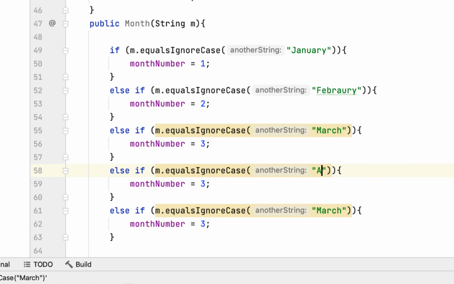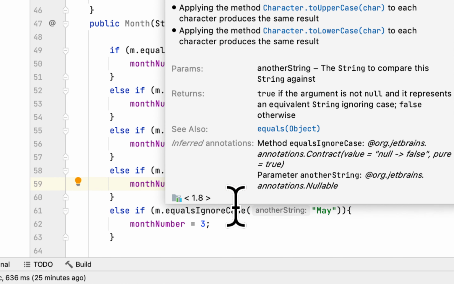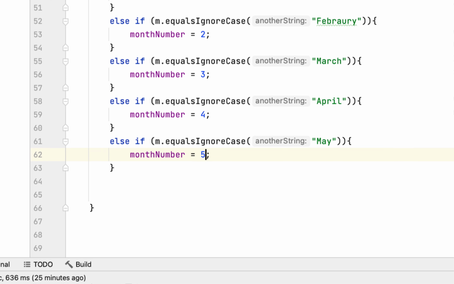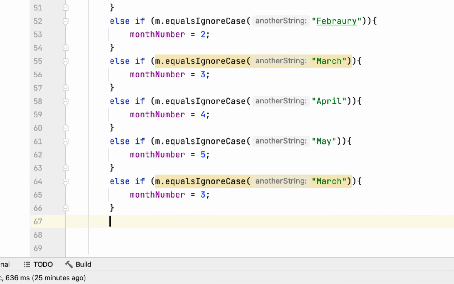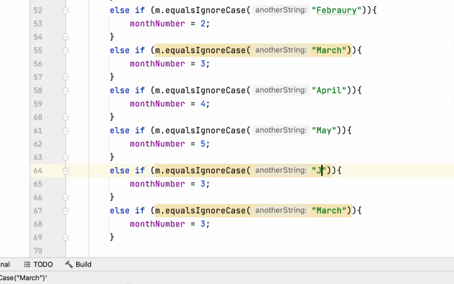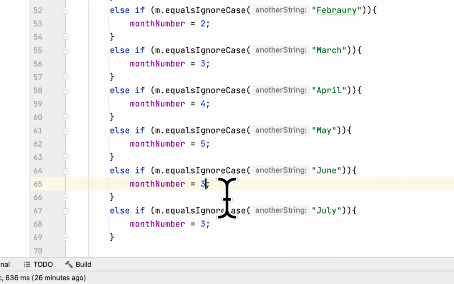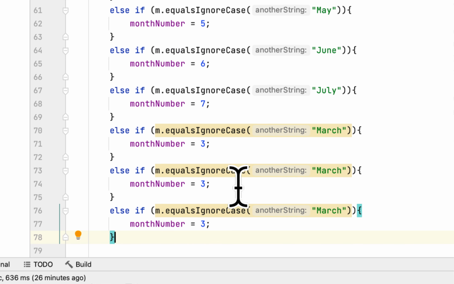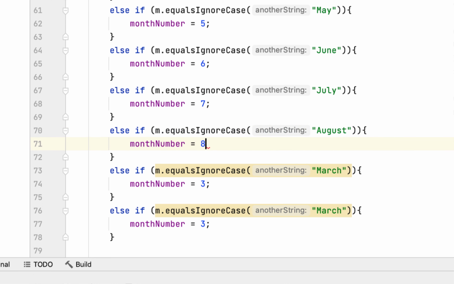So March, April, May. So here would be 4. Here would be 5. And here would be June. It would be July. 6, 7, say August, and September,